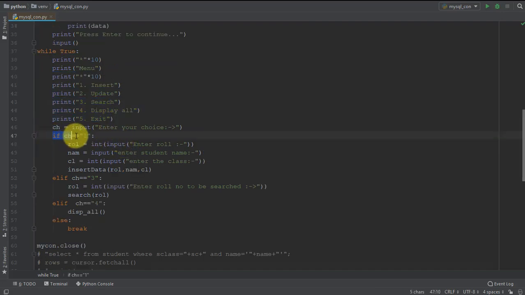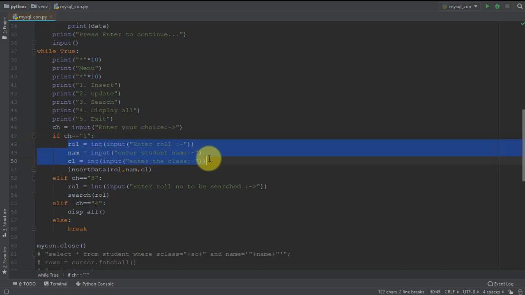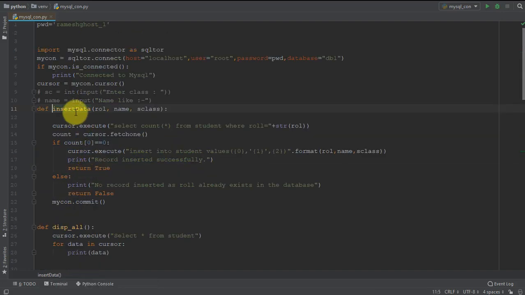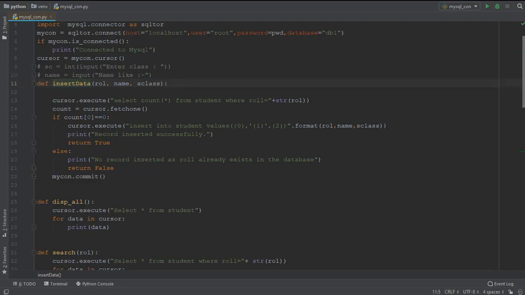So first of all, we have ch is equals to 1. We have taken a choice. So if the value entered by the user is 1, then this piece of our code is executed. It takes basically the values of roll number, name and class, and then passes them to the insert data function. If you go to the definition and check out what it does, you will see it creates